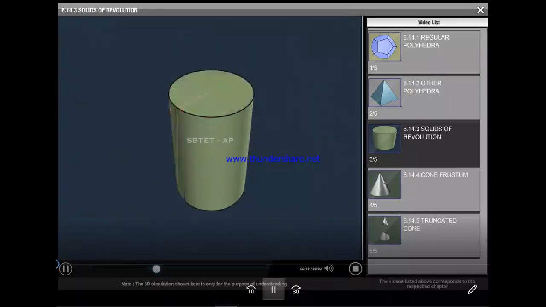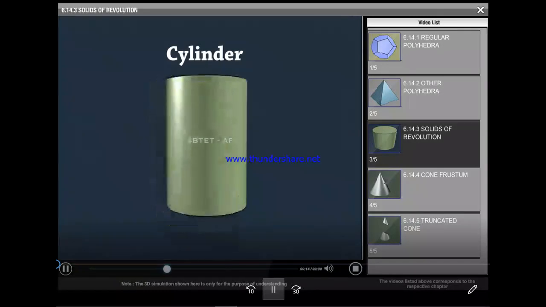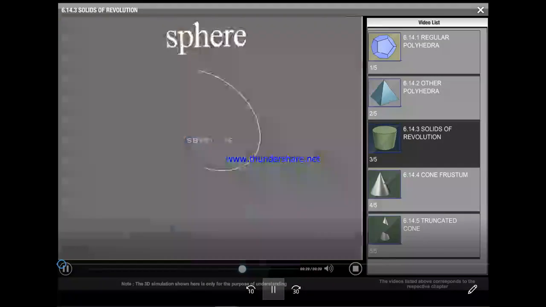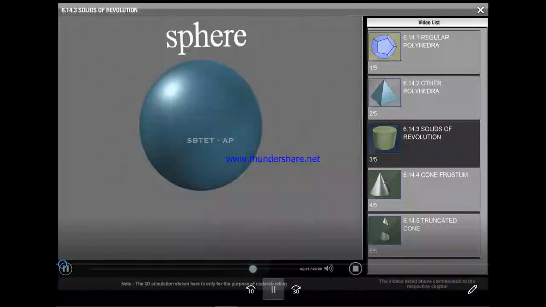Cylinder: it is a solid which is generated by revolving a rectangle about a vertical edge. Cone: it is a solid which is generated by revolving a right angle triangle about a vertical edge. Sphere: it is a solid which is generated by revolving a semicircle about its diameter.